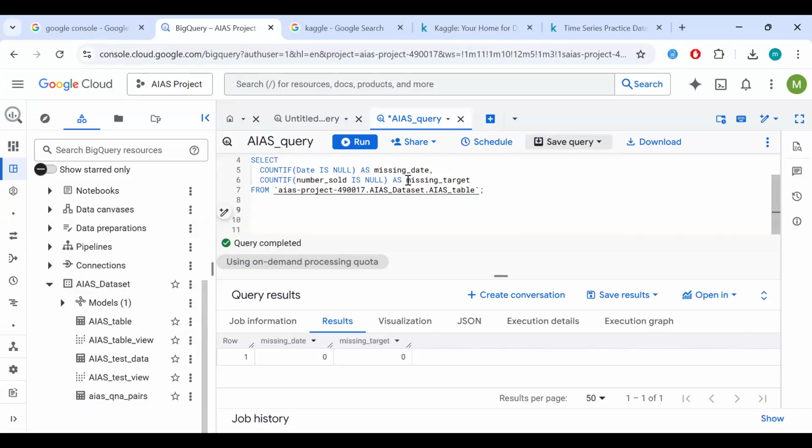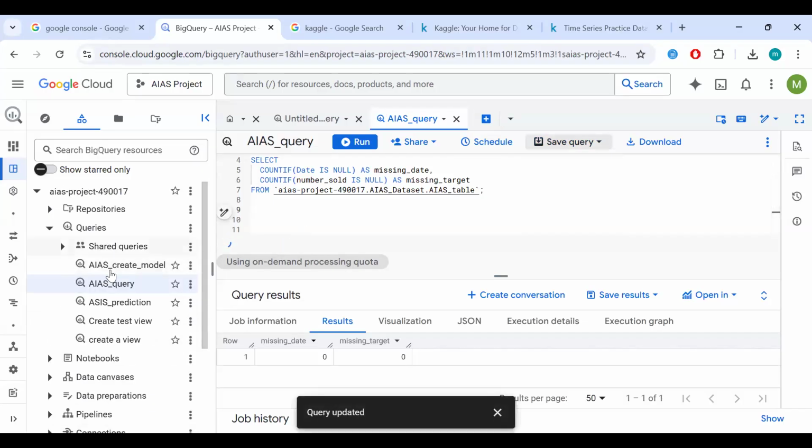All right. So we're going to our next query. So the next thing for us to do, now that we have our table, is to create a test view. This is when we create a feature engineered look of our table, right?